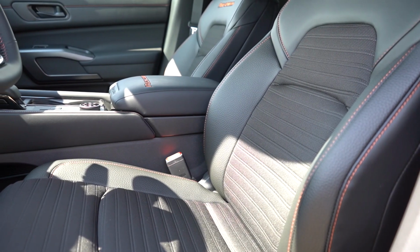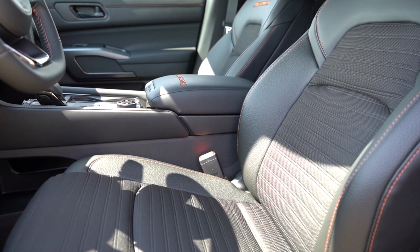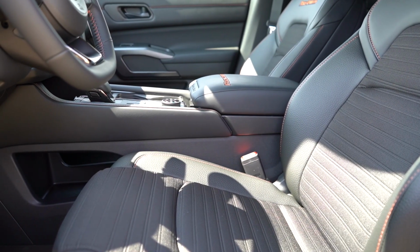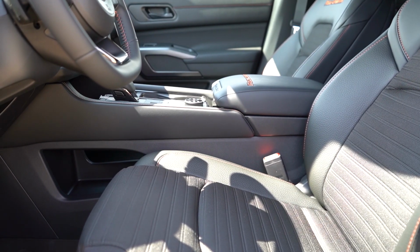And by the way, heated front seats also for the SV trim level and up. SL trim level then is going to add to that a 4-way power adjustable passenger seat and leather seating, and then quilted leather seating is going to come with the Platinum, along with memory settings and ventilated front seats as well. But so one of the first things I noticed when I got in the Pathfinder, I do like